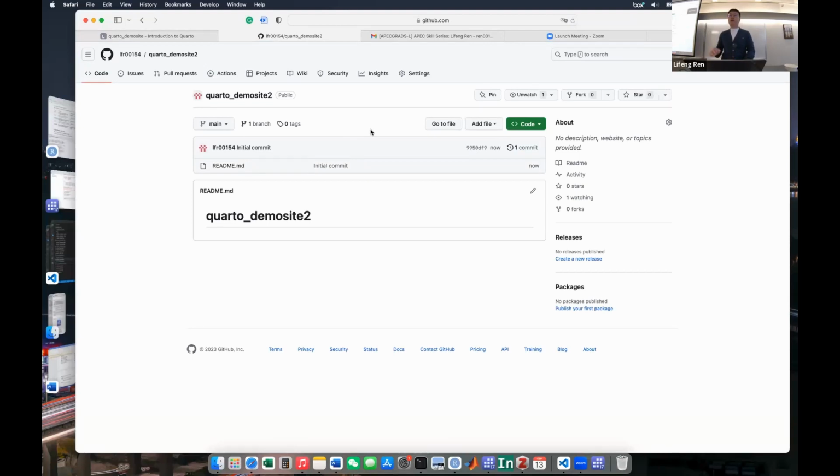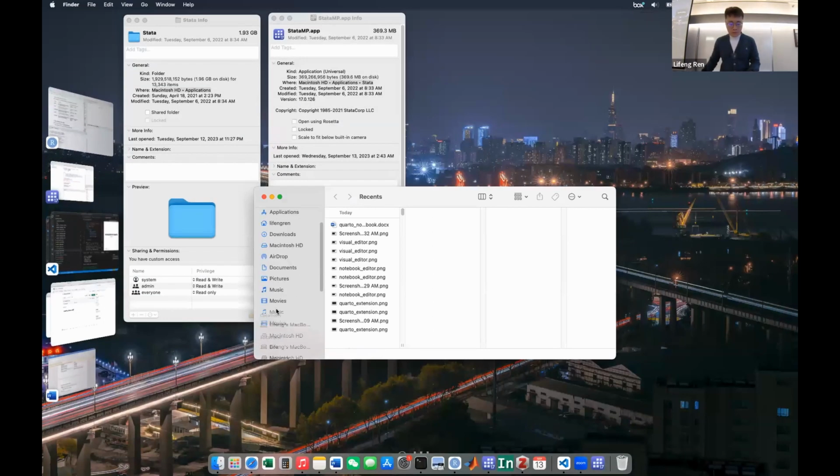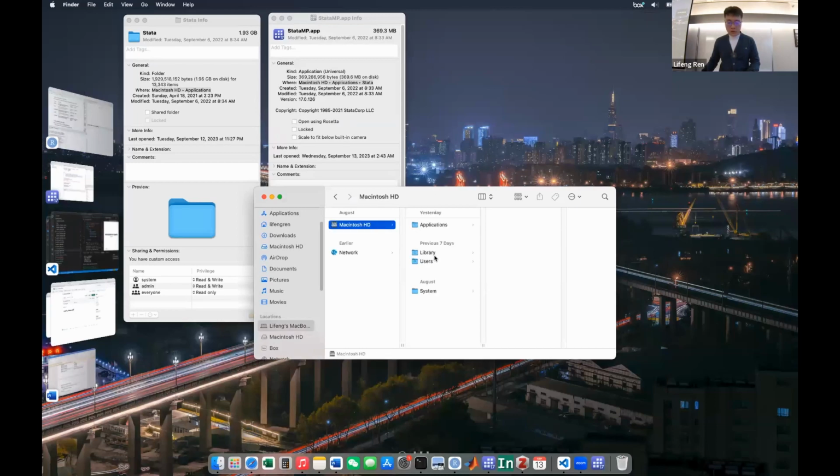You can git clone it to your local file, but at this moment, since we are not going to cover a lot about Git, I would just suggest you create a folder locally using the exact same name, and then what you can do is demo site 2, and then once you create this part,